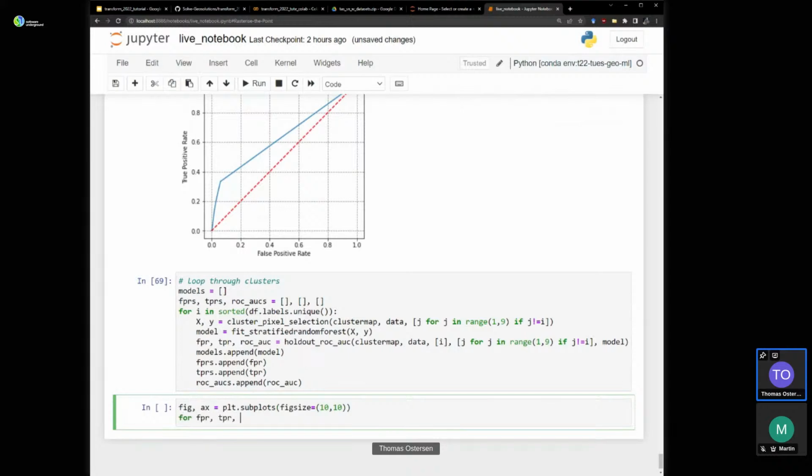For FPR, TPR, ROC AUC, I can enumerate zip FPRs, TPRs, ROC AUCs. Okay, x plot. God, I hope this works.